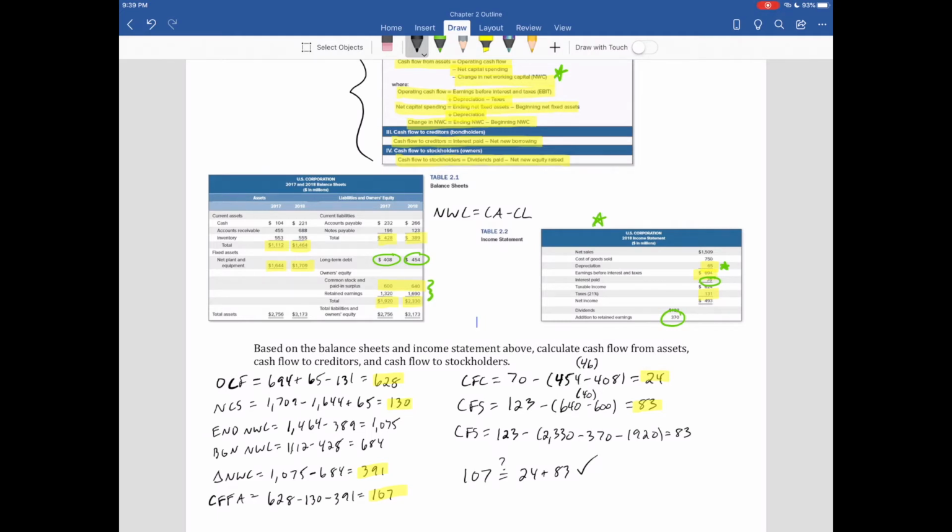So once again, just explaining what's happening here. Their assets generated a total cash flow of $107. And with that $107, they paid out $24 to their creditors and paid out $83 to their stockholders. So what we will now be working on are some more quantitative problems. These can be found on the Chapter 2 Extra Practice document located on Blackboard,